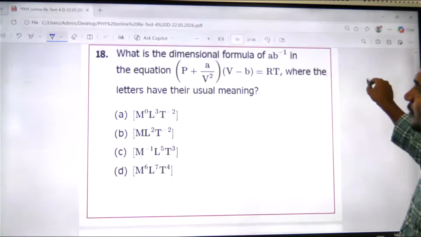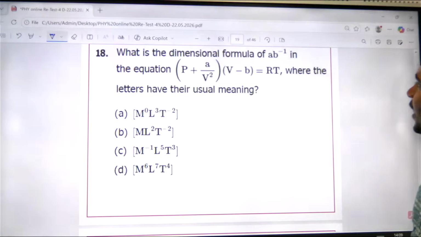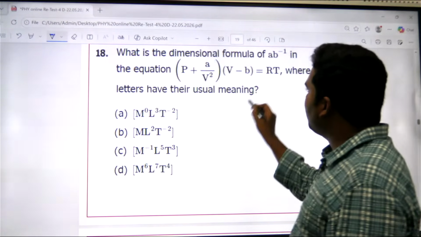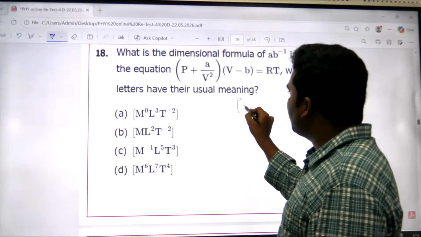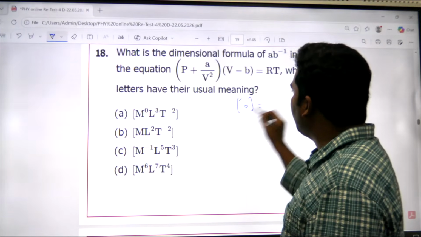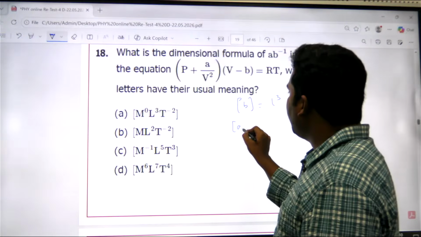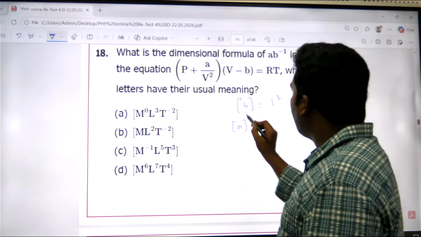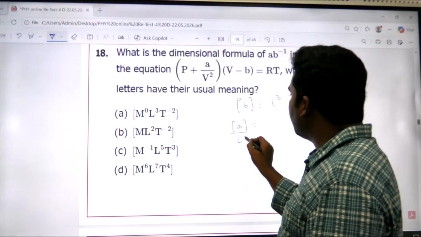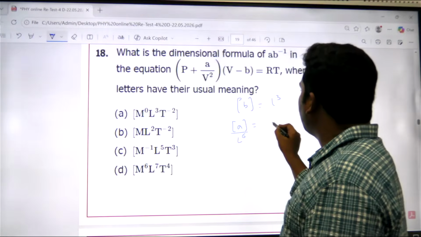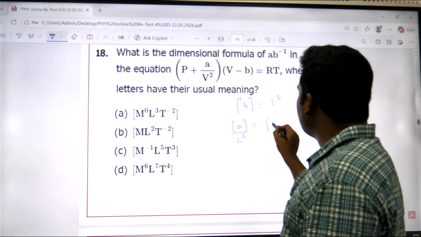Question number 18. What is the dimensional formula for A into B power minus 1? So what is the dimensional formula for B? As we have seen a similar question previously, the dimensional formula for B is L3. And what is the dimensional formula for A? It would be A by B square, where B square is L power 6, equal to the dimensional formula for pressure,